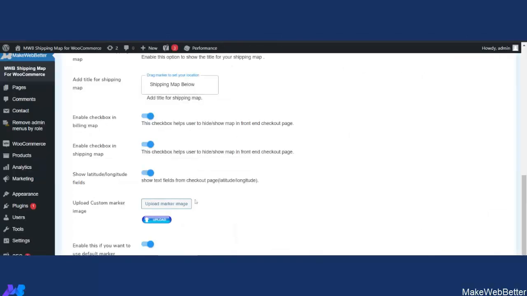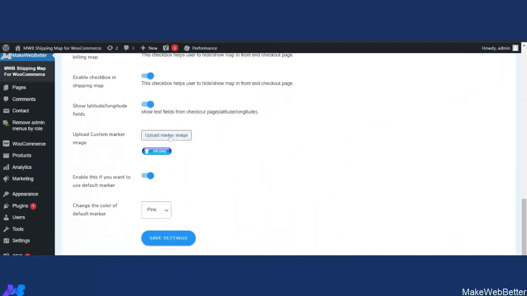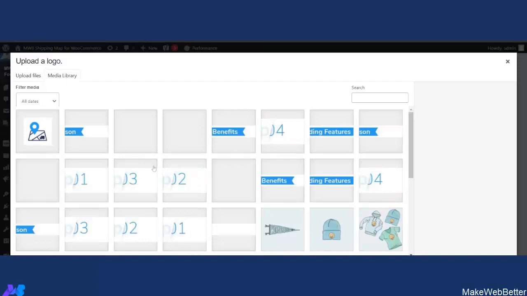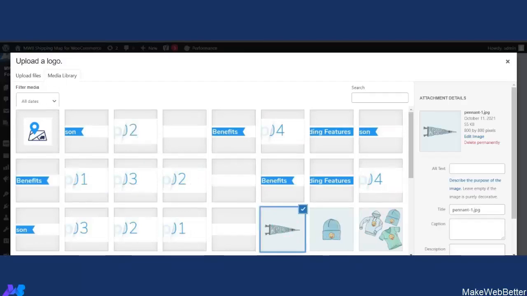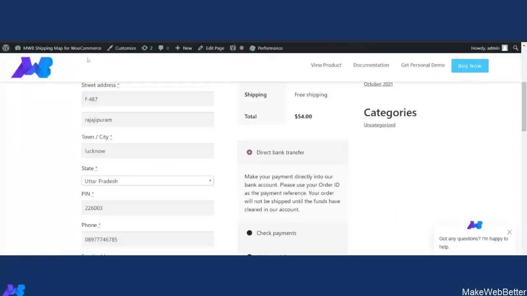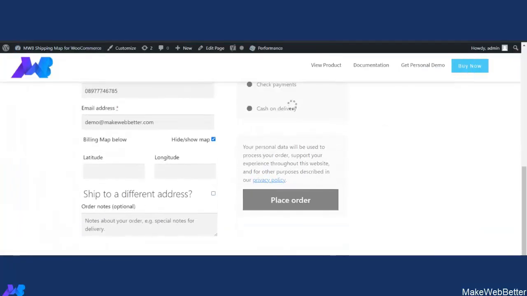Next, if you want a custom marker, let me upload an image. Suppose I have uploaded this for representation and clicked on save settings, and let's refresh this and scroll down.